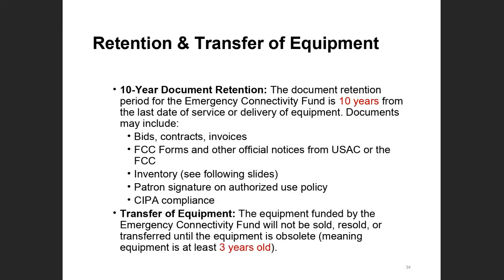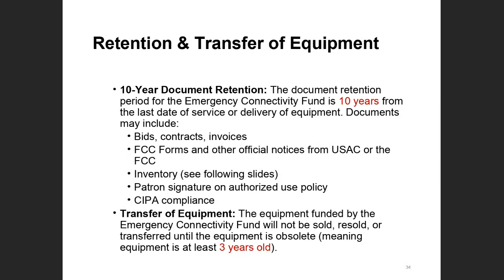Stuff you might need to keep includes bids, contracts, or the invoices for your services, and any FCC forms you file, like the application form or an invoicing form. Also any other official notices from USAC or the FCC, like your funding commitment decision letter. The inventory, which we are finally going to talk about in just a moment.